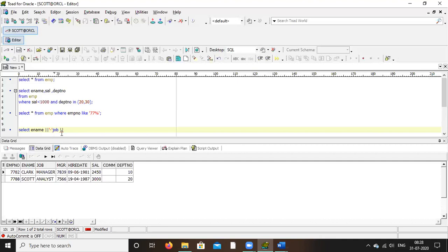Type symbol again. Single quote, then concat, give two pipe symbols. That means now ename concat with this, like that job, again give concat with again hyphen.